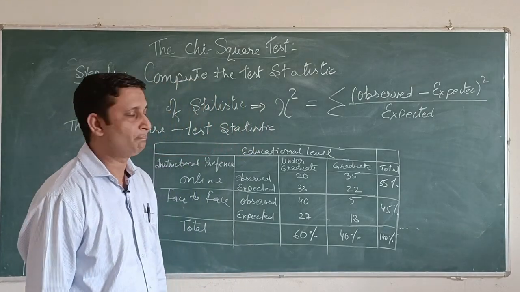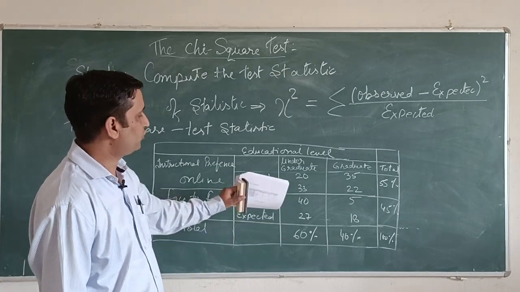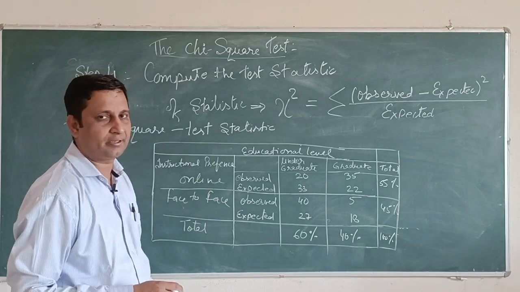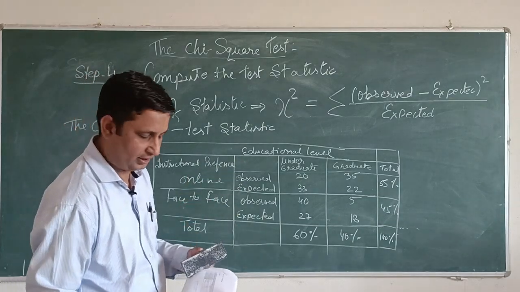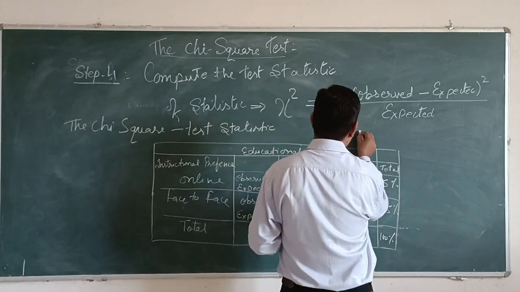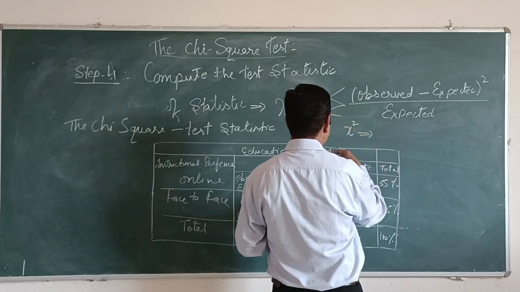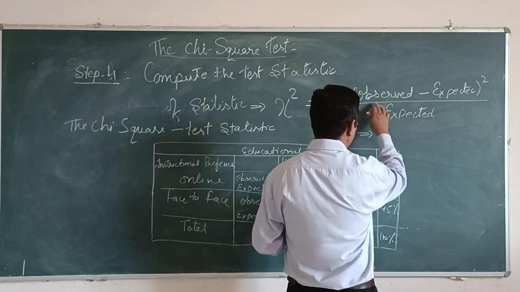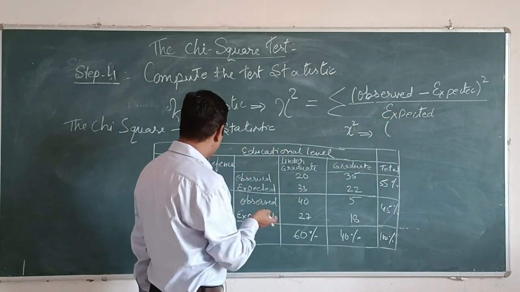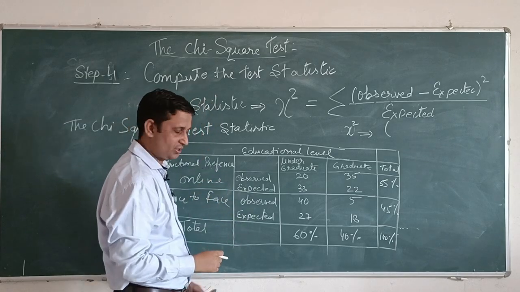Okay, that is the simplest example which we will draw in our table. So we will put this value in that statistical formula, so we can get that particular statistical data. Okay, so we will put this value in that table. Here, we can say that x square is equal to, first one is observed. We can go through one by one. First, we will take the value of online data. After that, we will go to the face to face.